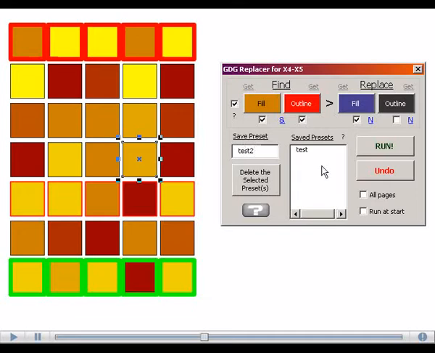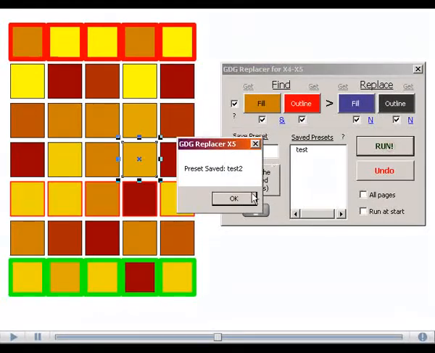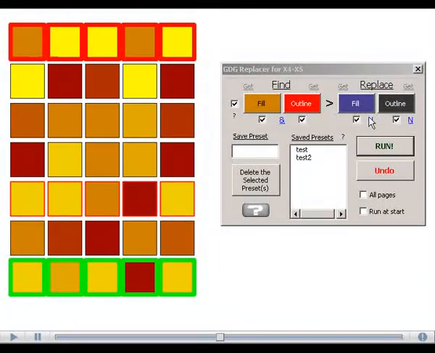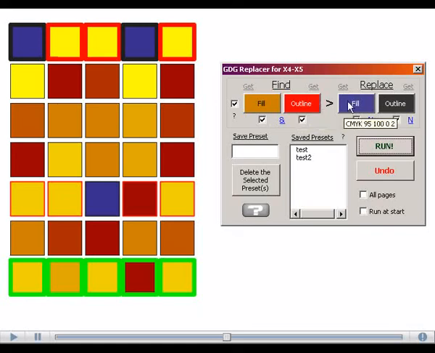When I run it, this preset will be added to my preset list. So I'm going to run that. We want to check because we want to find shape, replace the outline too. So ready, run. Make sure nothing's selected. Let's run it again. There we go. It found all the shapes with this fill, this outline, and replaced it with this fill, this outline because we